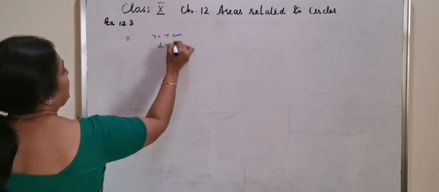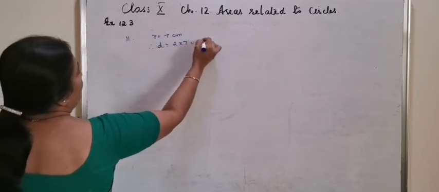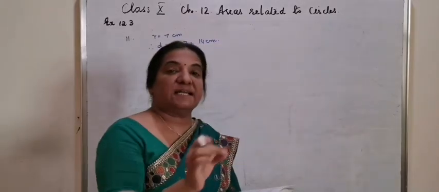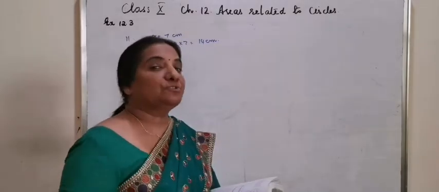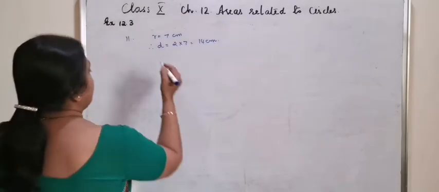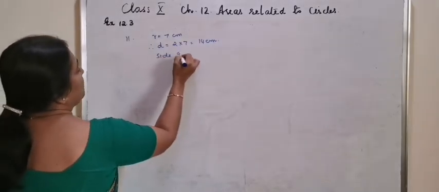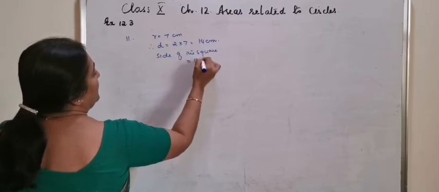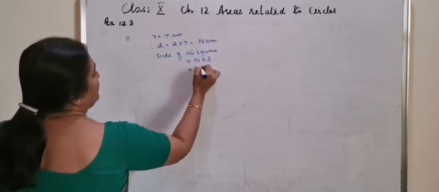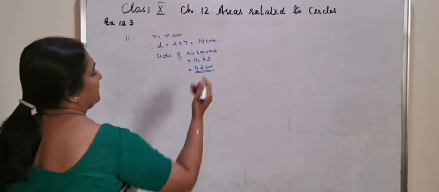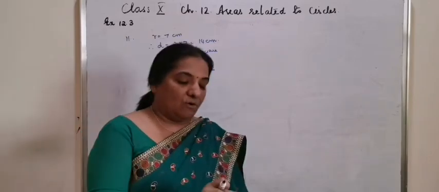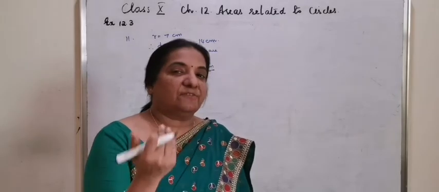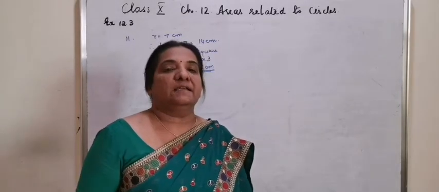Therefore, diameter is equal to 2 into 7, 14 centimeter. And when you see the length of the side, it will correspond to 3 times diameters. That means side of the square is equal to 14 into 3, or it is 42 centimeter. And now area of the portion which is not included is equal to area of the square minus area of